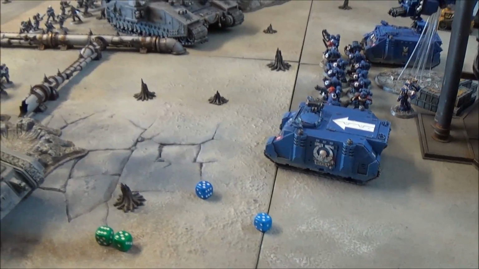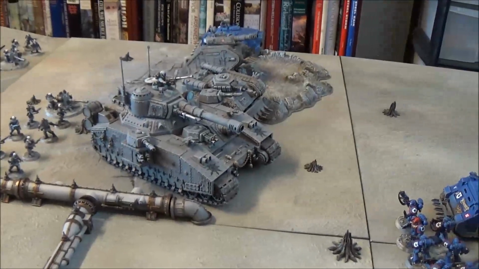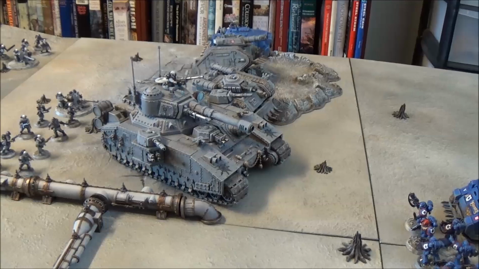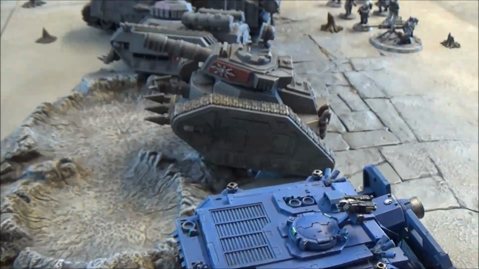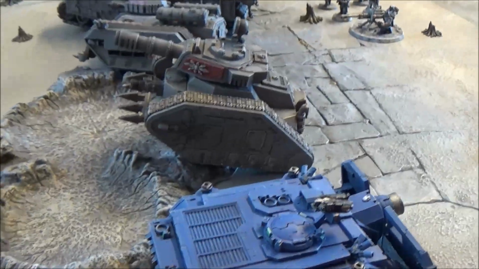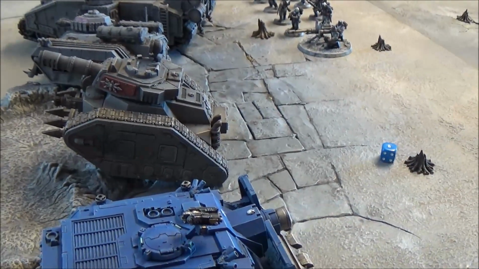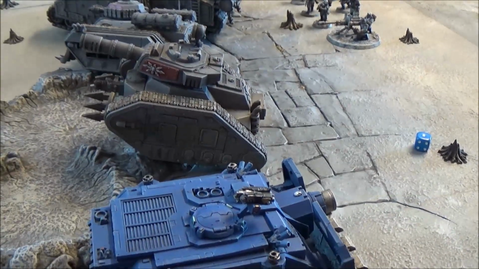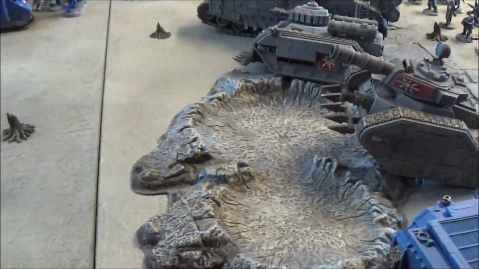And I believe that is the end of the turn, but what we're going to do is we're going to charge that Leman Russ into the Vindicator, in fact. We're going to slam into the side. So here we are. Going to ram it. So he gets to Overwatch, D3 shots, 1 shot still. And hits on a 6, which he does not get. So here he goes, he's in,